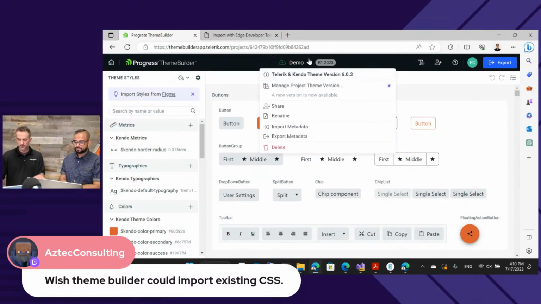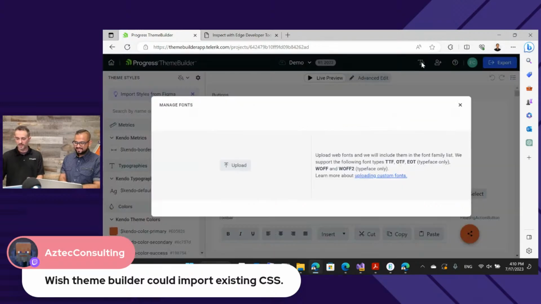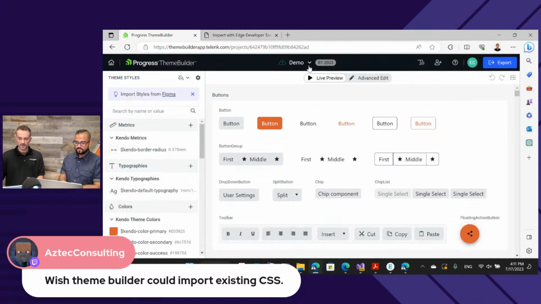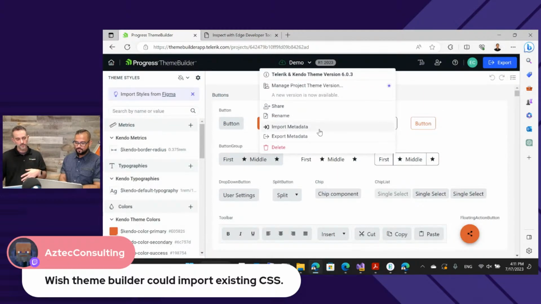I always forget the property panel is up here. Yeah. There's a nice little tutorial thing that darts you around when you first start. And I do the typical developer thing and it's like docs, burn, cancel, skip it. I know what I'm doing, right? But there's font management. You can share, depending on your admin permissions and what roles you have, your tier of subscription. You can share these with teams and things like that.